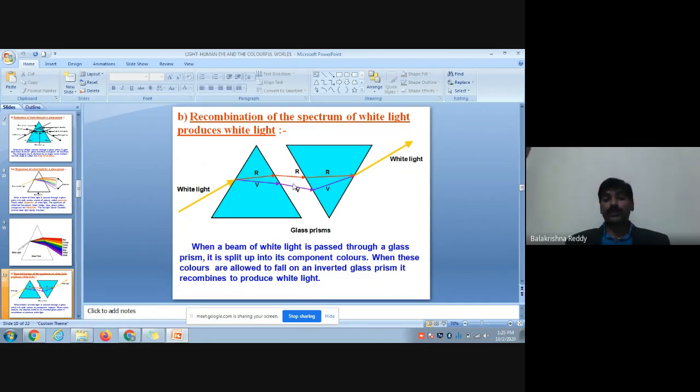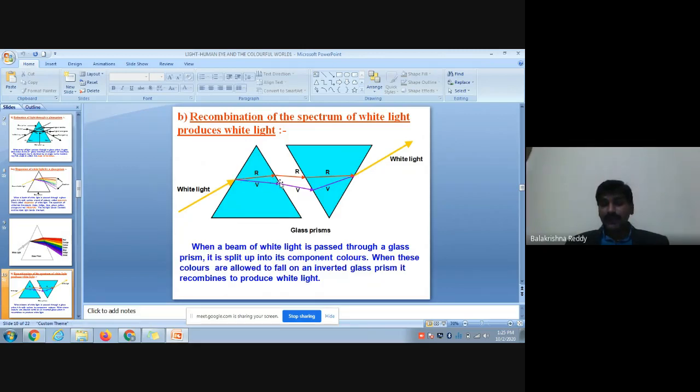Recombined. How is it? When you use the same angular prism in an inverted manner, where the spectrum has formed at that position, if you place the prism in an inverted manner such that the spectrum falls on a second prism, then from there the light rays will be recombined. From there light rays will get recombined, and the moment white light entered the first prism, it will